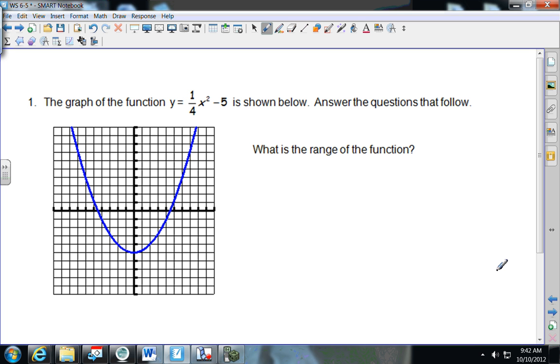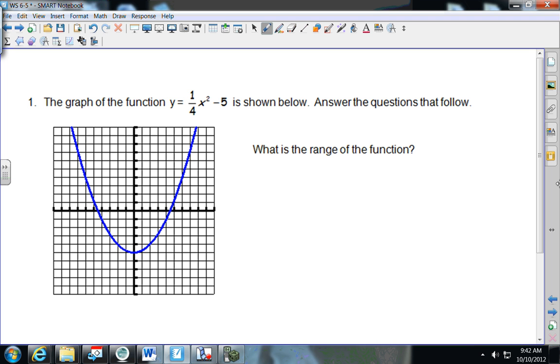Now as we look at this worksheet, I think it's 6-5. The graph of the function y equals 4x squared minus 5 is shown below. And it says, what is the range of the function? Okay,